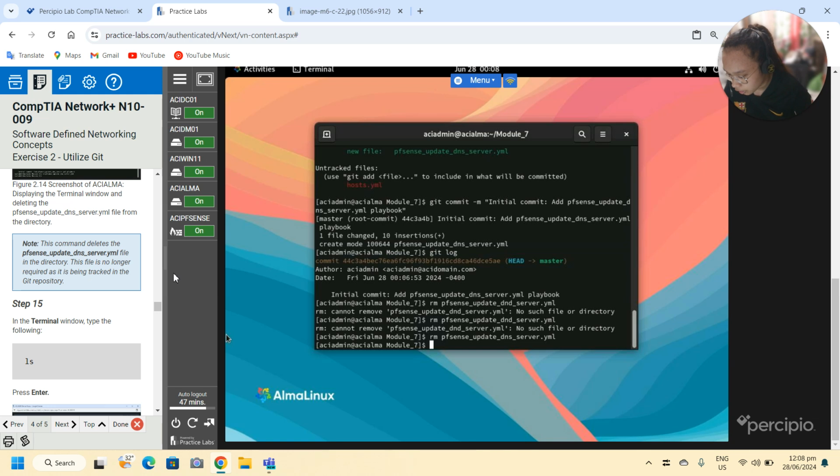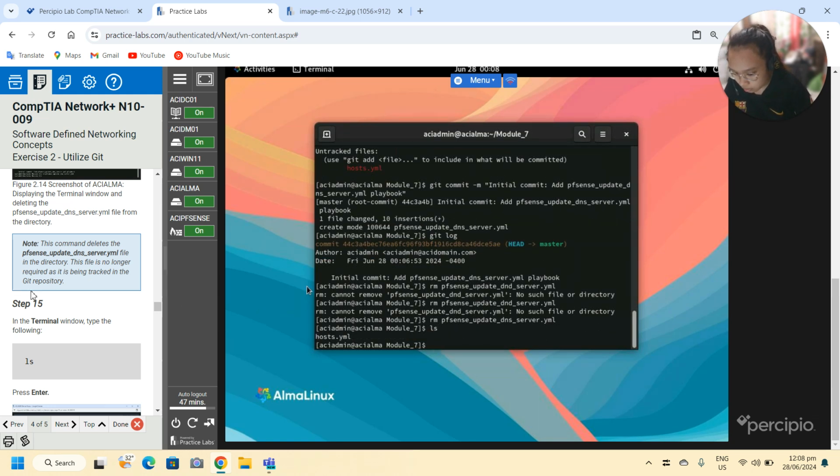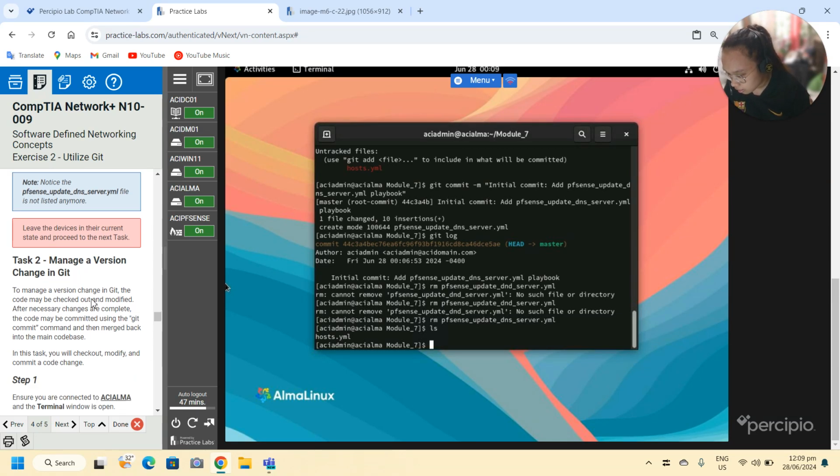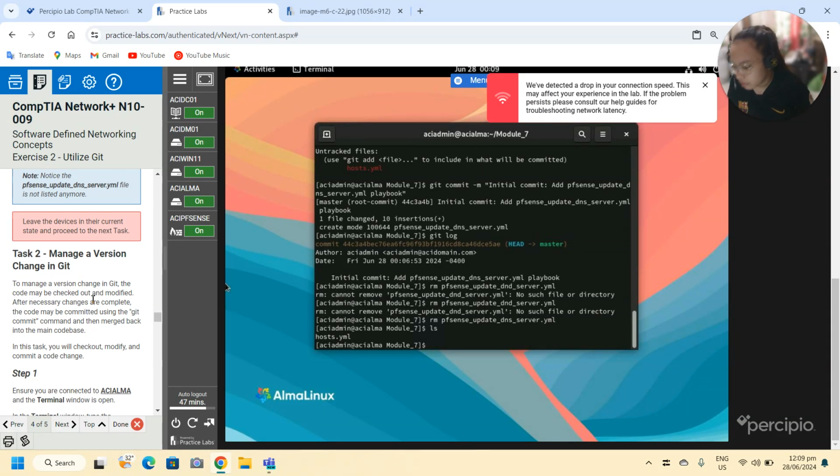The file is no longer required as it is being tracked in the Git repository. Type ls and then press enter. So this gives the directory's current state.